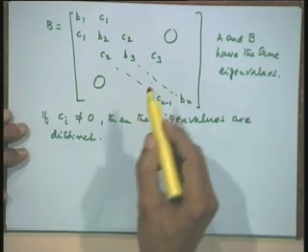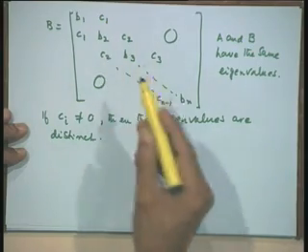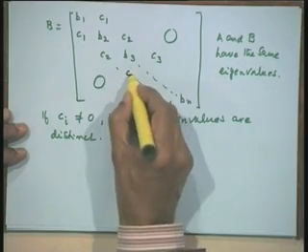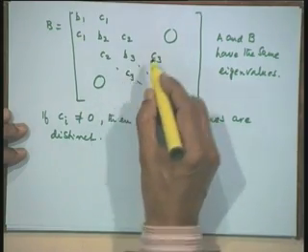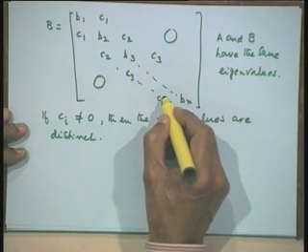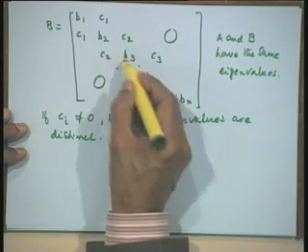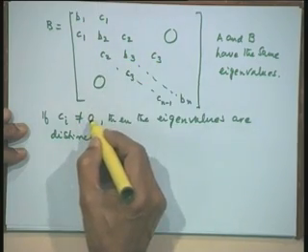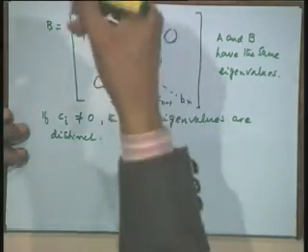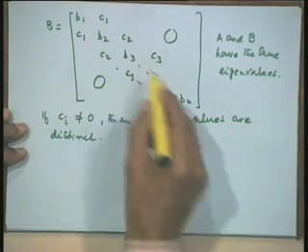Now, you can see that if any one of them is 0, it actually degenerates into two systems. Suppose C 3 is 0. There is a C 3 here, therefore, there is a C 3 here. If I have C 3 as 0, this is 0, this is 0. Now, this does not contain anything belonging to this system, and this does not have B 1, B 2, B 3 or C 1, C 2, C 3. Therefore, if any one of the C i is 0, then this system disintegrates into two subsystems. So, the eigenvalues of each smaller system can be determined in that case. If C i is not equal to 0, then that does not happen.